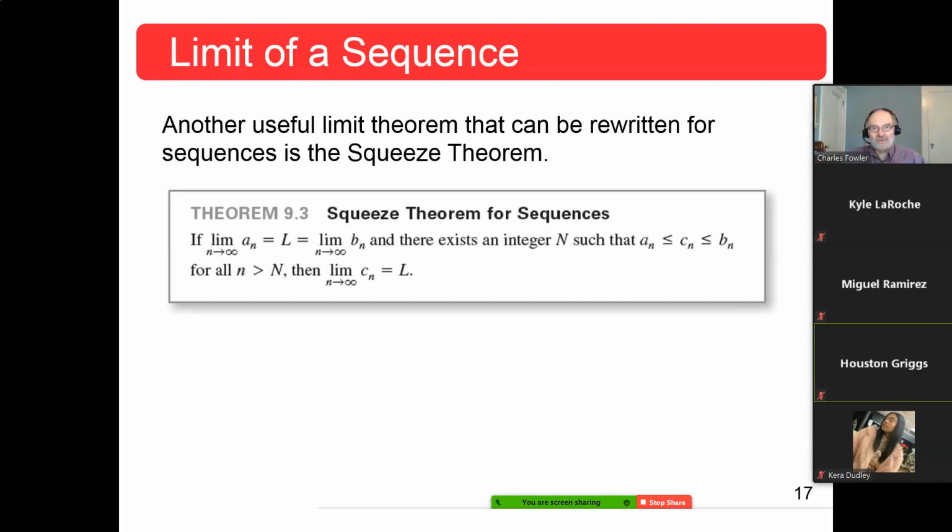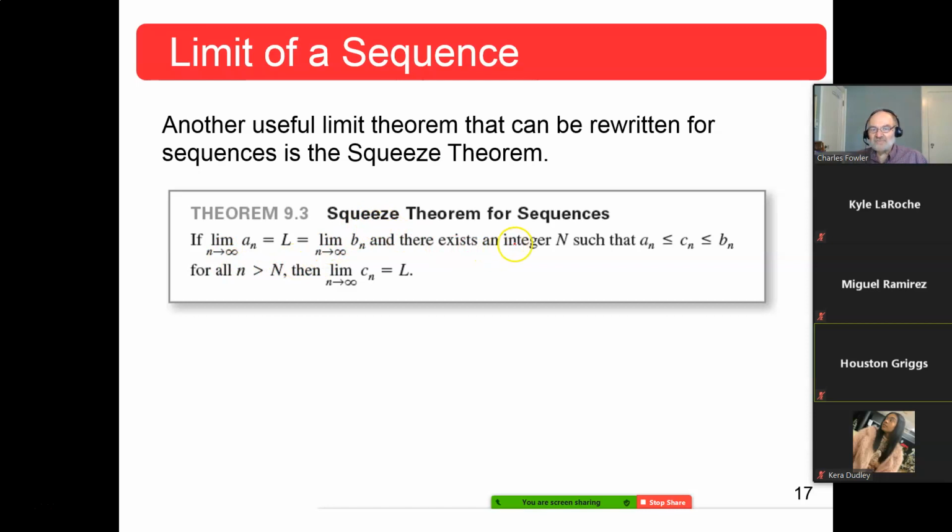Another useful limit theorem that can be rewritten for sequences is the squeeze theorem. I don't know if you remember that. It was back in section 2.3, back when you were doing limits. And here's what it is for sequences. If the limit as n approaches infinity of a sub n is also the limit as n approaches infinity of b sub n, so these two sequences have the same limit as n goes to infinity,